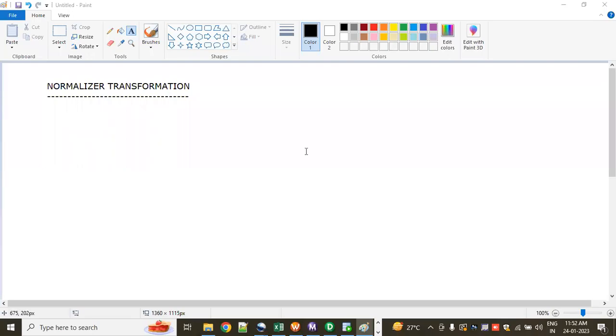Okay. Now we will see the normalizer transformation in Informatica. If the table is not in a good format, at that time we can use the normalizer. So for example,